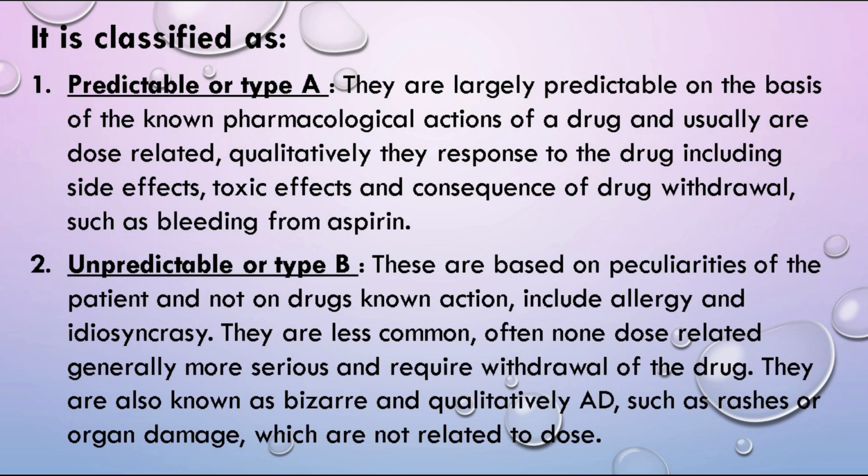such as bleeding from aspirin. 2. Unpredictable, or Type B. These are based on peculiarities of the patient and not on the drug's known action, and include allergy and idiosyncrasy. They are less common, often non-dose related, generally more serious, and require withdrawal of the drug. They are also known as bizarre, qualitatively abnormal ADRs, such as rashes or organ damage, which are not related to